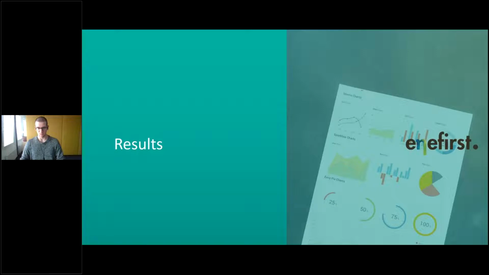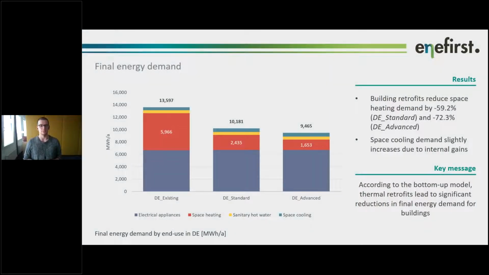But let's move to the interesting stuff, the results of this analysis. What I would like to do in the following is to focus, at least for now, exclusively on the case of Germany, because these results are very detailed, and I think it would make more sense to have a detailed view on one of the countries. And then once a report that is related to this webinar is out, you can also take a look at the results for the countries of Spain and Hungary. Well, let's get started with something rather simple.